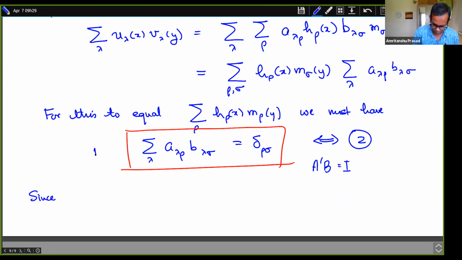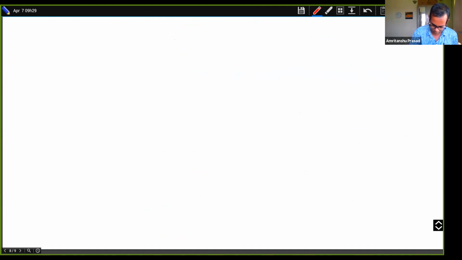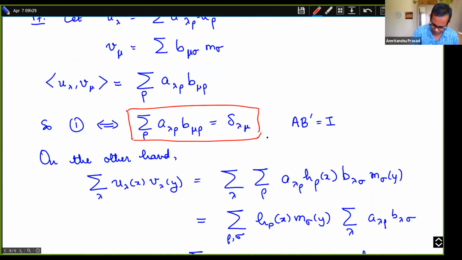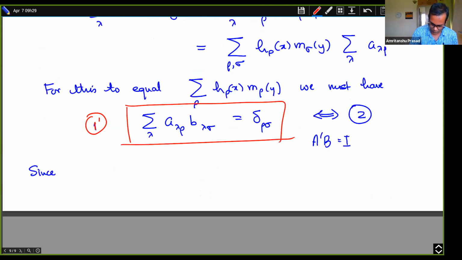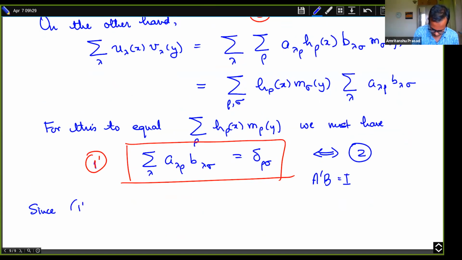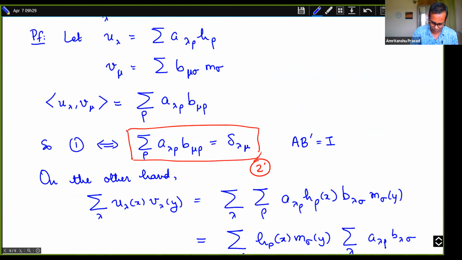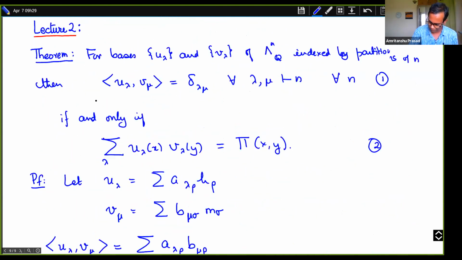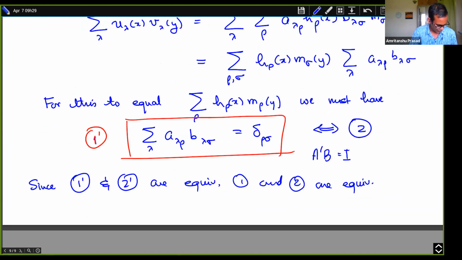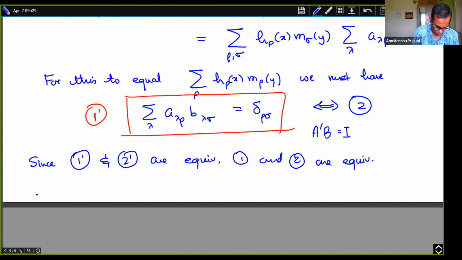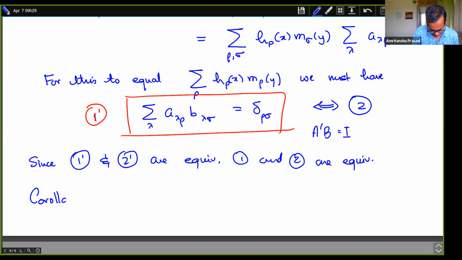So let's call this 1 star, 1 prime and 2 prime. Since 1 prime and 2 prime are equivalent, 1 and 2 are also equivalent. So we can read off dual bases from this condition here. Okay, so that completes the proof,